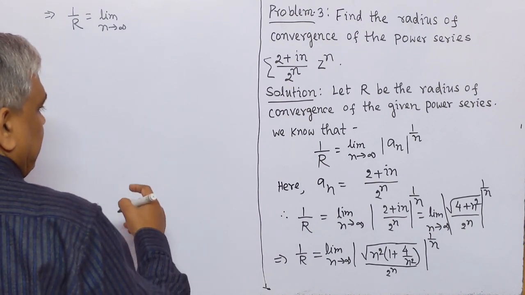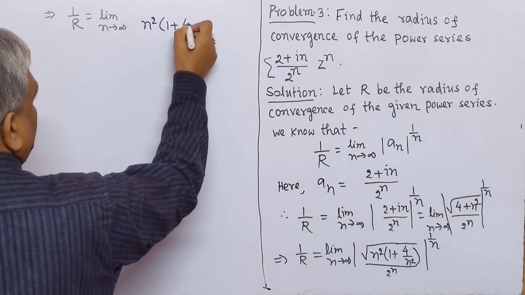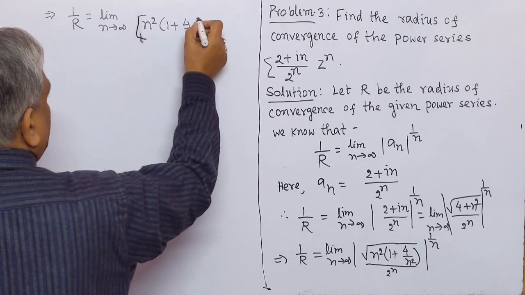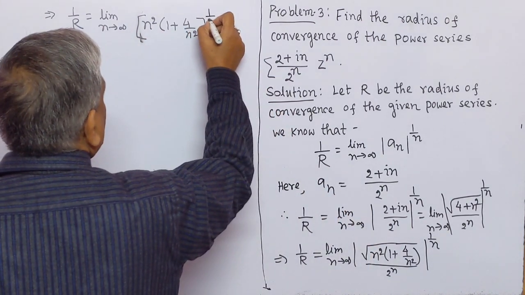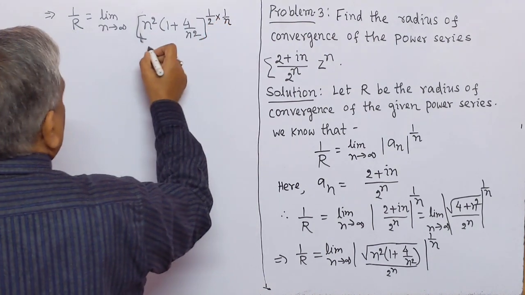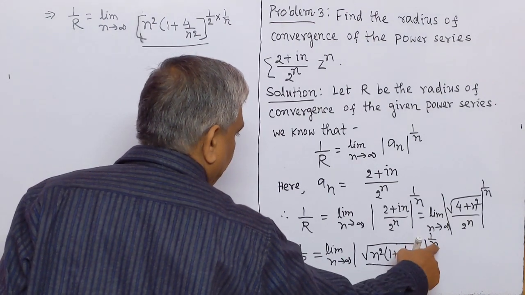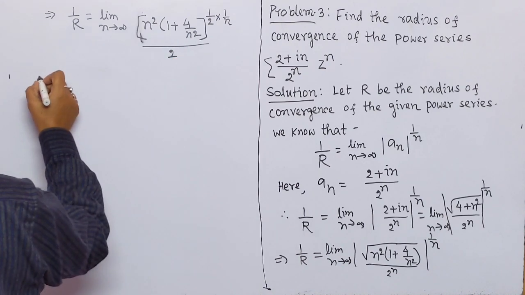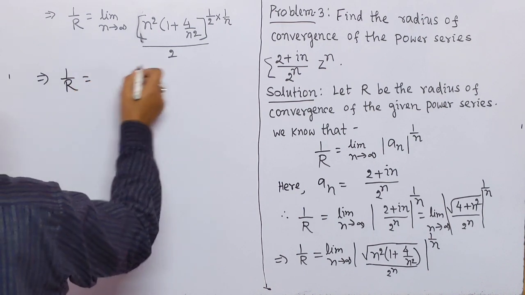We will get (n square (1 plus 4 by n square)) to the power, square root means half, multiply 1 by n. Here 2 to the power n to the power 1 by n means 2, implies that 1 by r equal to half